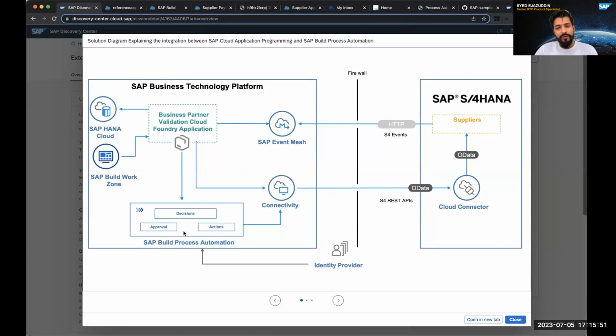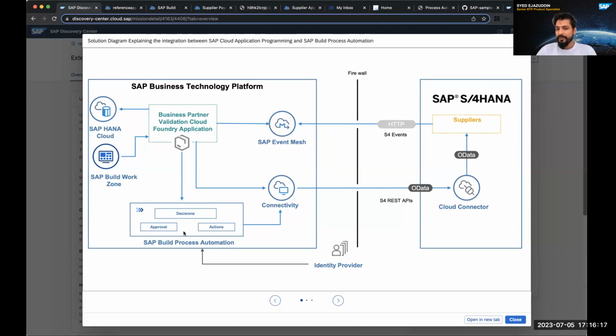conditions. The condition right now is that we are putting all the supplier business in a blocked state. We don't want the transactions yet. We just have the supplier primarily onboarded into our S4HANA system. But now we want that supplier to get validated with a third-party system, which is called iCredible. So when the supplier gets onboarded in SAP S4HANA through Build Process Automation, an event will get